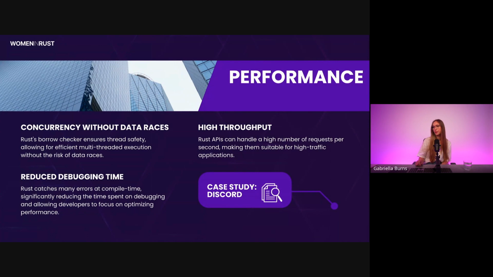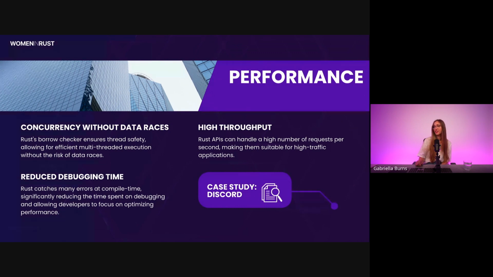So we'll get a little bit more into performance. Concurrency without data races is very important. So Rust's borrow checker ensures thread safety, and that allows for efficient multi-threaded execution without the risk of data races. Then there's high throughput.